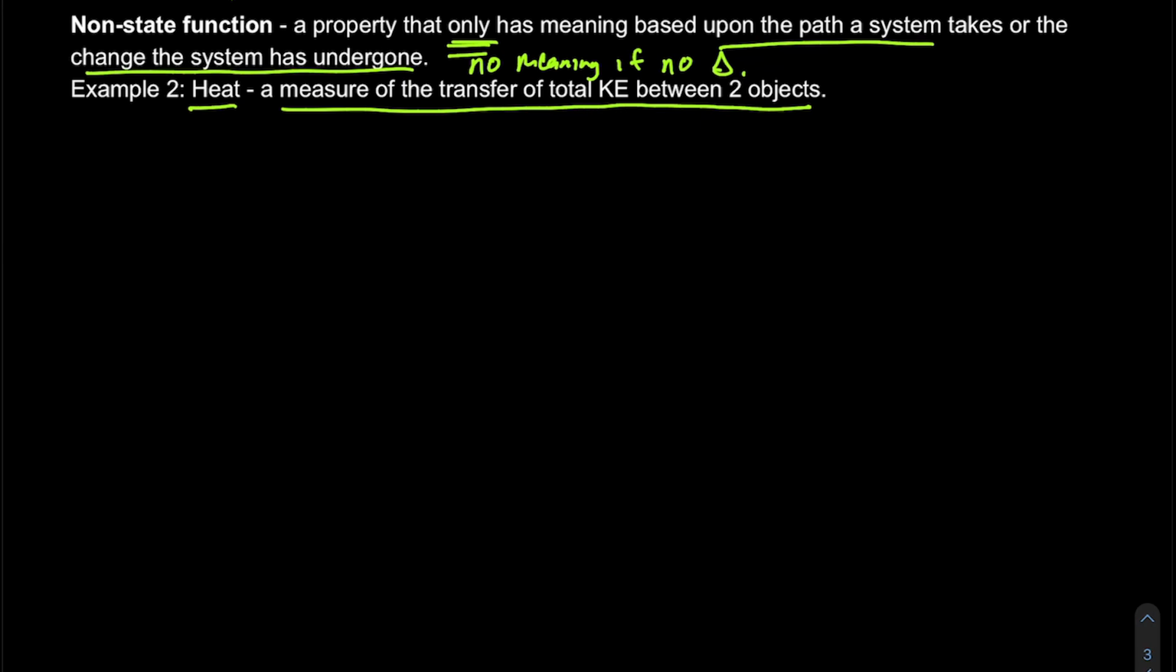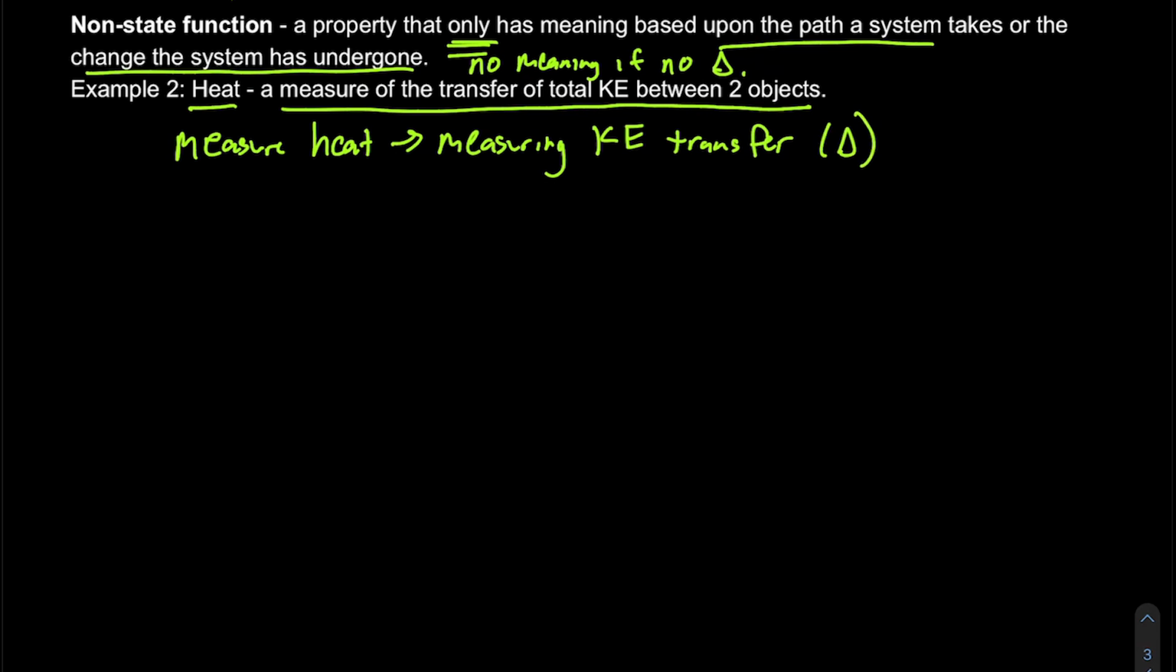So in order for heat to be transferred, or in order for us to measure heat, by definition we are measuring the kinetic energy transfer. We are measuring the change in kinetic energy when this process is occurring. And so when we look at our non-state function of heat, it has no meaning unless we transfer kinetic energy, or unless a change is occurring. So again, maybe let's say we have